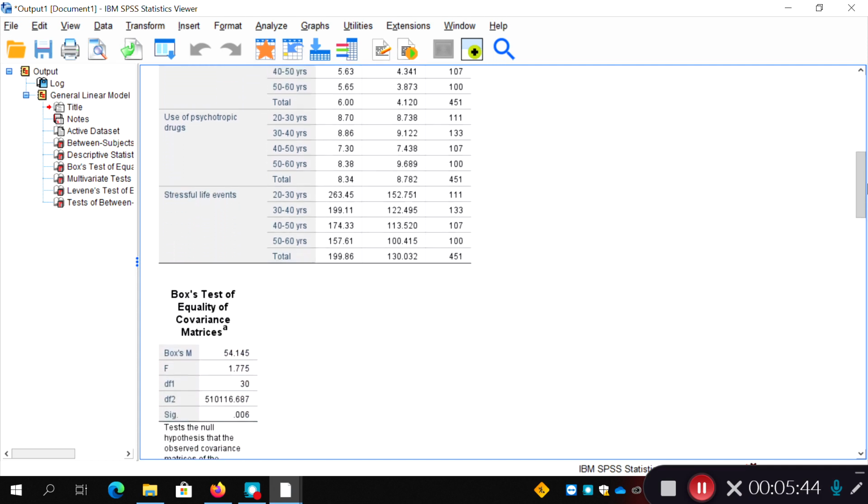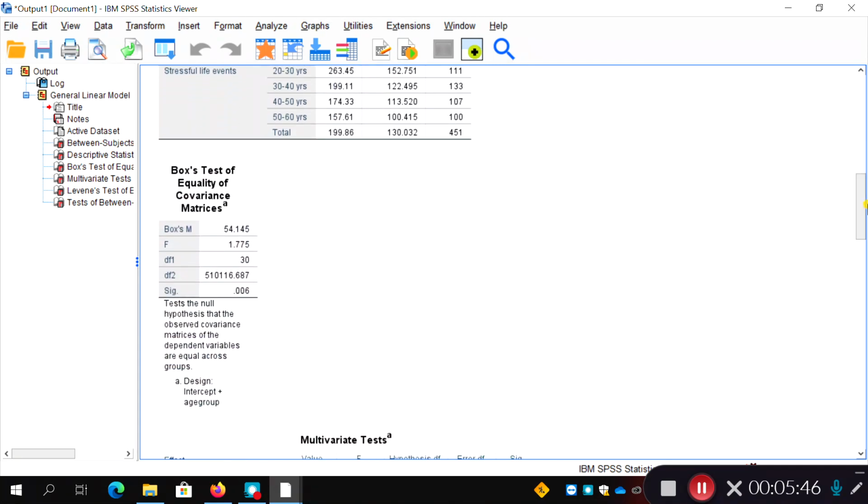After that we've got Box's M test right here, in its own table. If you remember, this tests for the equality of variance covariance matrices. It's kind of like a generalized homogeneity of variance test, but for our variance covariance matrices, because we're doing a multivariate test. It gives us a Box's M value of 54.145, and a significance of 0.006. We might jump to the conclusion that that is significant, and we can't assume